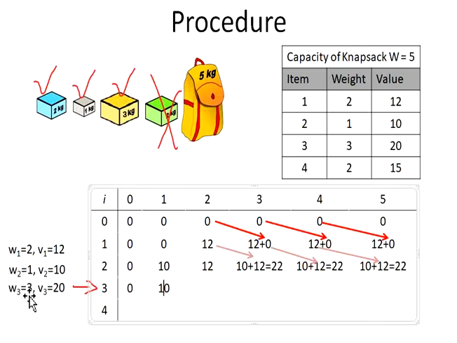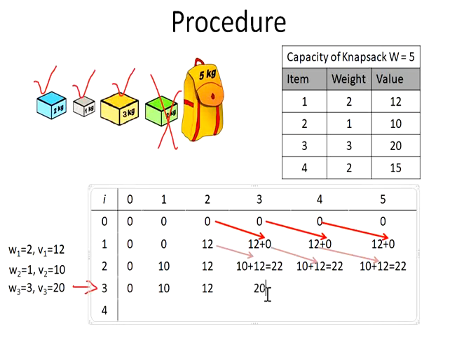Can I insert weight 3 in a bag of 2? No, weight 3 is much higher, so I cannot insert in a bag of 2, so this value is 0. But we cannot leave it just like that, we have to compare with the previous row. When we compare with the previous row, 12 and 0 are compared, and the maximum is 12, so this 0 is replaced with 12. Next, weight 3 in a bag of 3: obviously, the answer is yes.